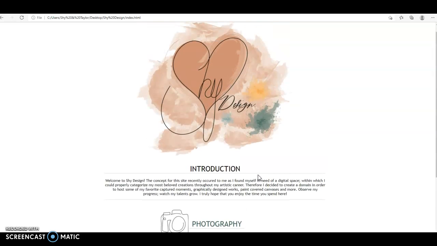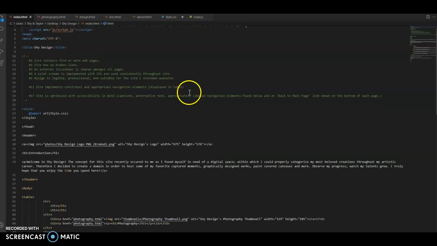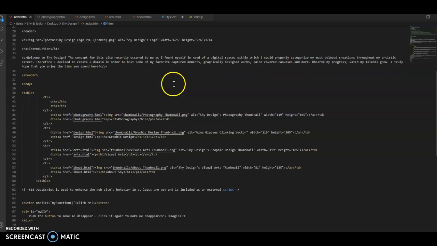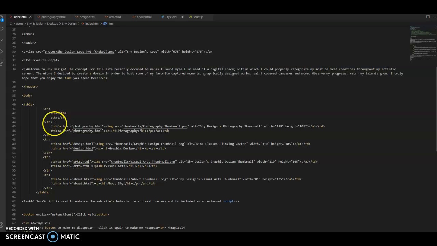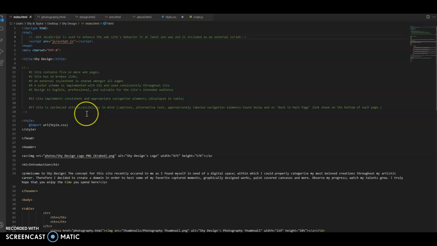This is the index page. If we go right here, up here you can see it's the index, and I coded all of this. All this green is comments for the professor. I actually created this website for my final project in web design. So I have right in here tables where I put my navigation bar. I wanted it to be very crisp and clean, so I used a very limited style, like theme colors,